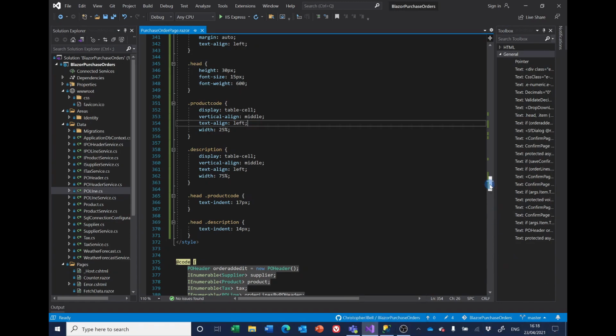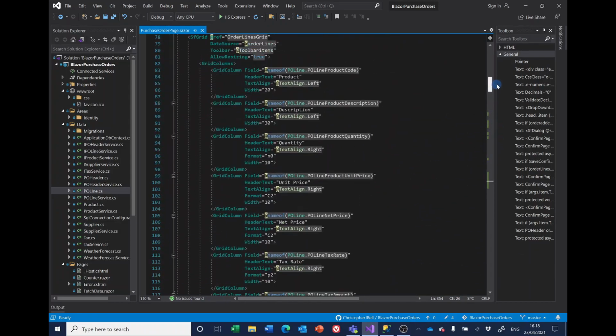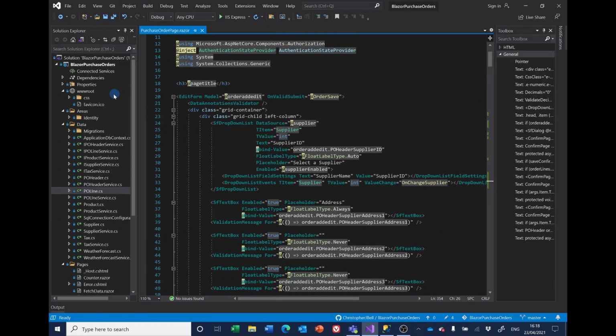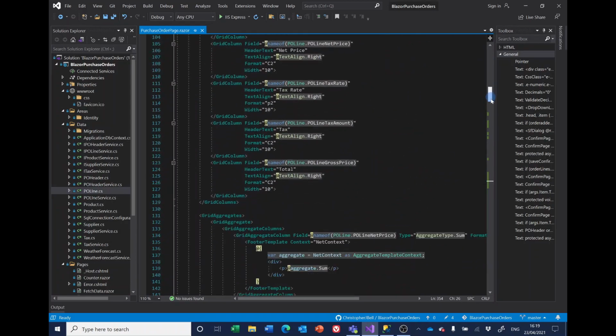Now, if we look at the drop down for the supplier, here's the drop down. We'll see we've got data annotations validator in place, and the bind value is the PO header supplier ID. What I was surprised by was, although that is a required field on PO header, it didn't seem to be having any effect here. Now, rather than trying to battle with that, I decided the simplest thing was simply to test to make sure that we've got a supplier on the order save. So if we go down to order save,